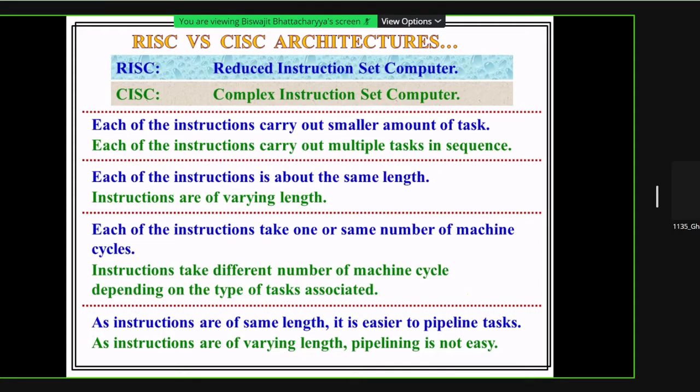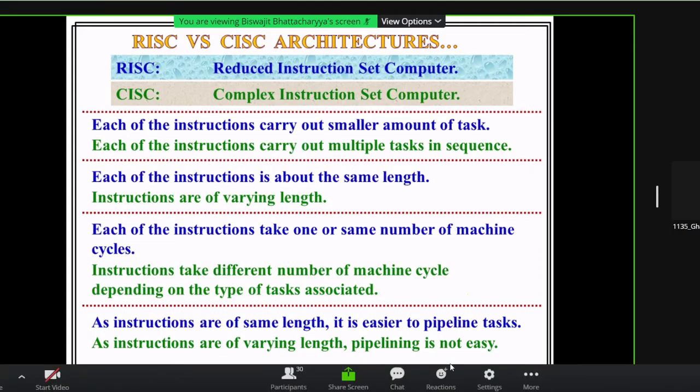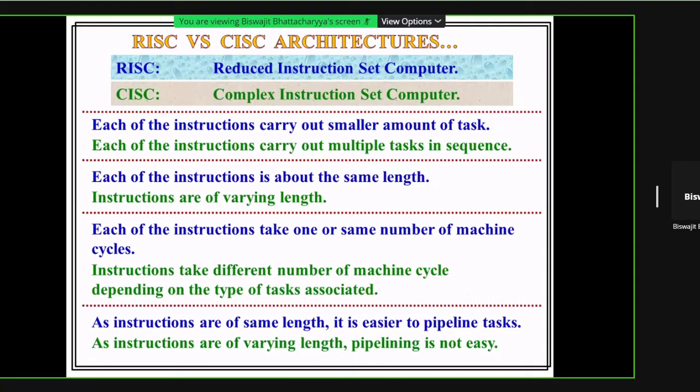Yes. Hello. Any question? No. Actually, your speaker and microphone should be separated by some distance.